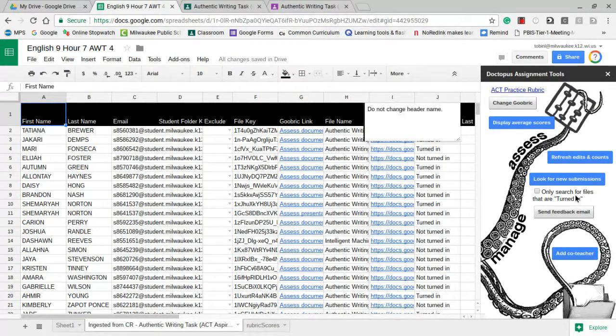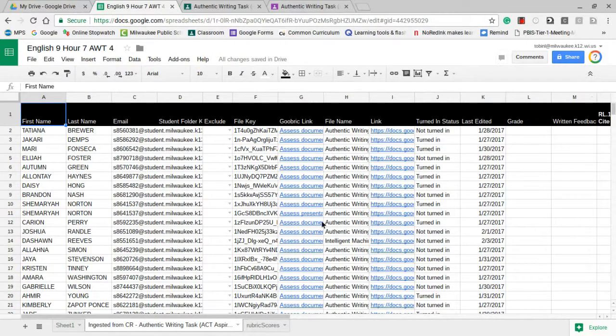And from here, this is all pretty much done. You can always refresh counts and edit, so it tells you the last time it was edited. It will display average scores if you want. If you realize you put the wrong Goobric on there, you can always change it. But I'm going to X this out just to see. So we will click a Goobric link,